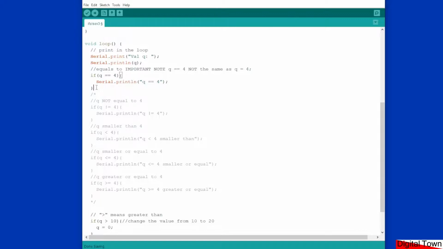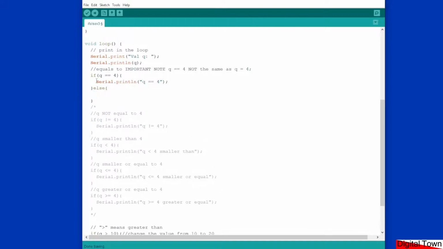And now we're going to use our else. So else, copy this in. I like my code to line up correctly. Q is something else. Okay, so when we now run our code,